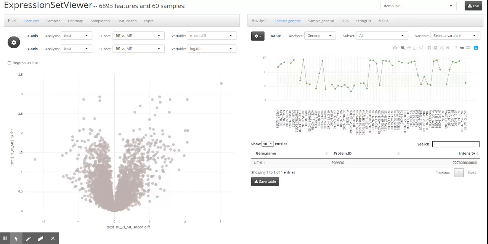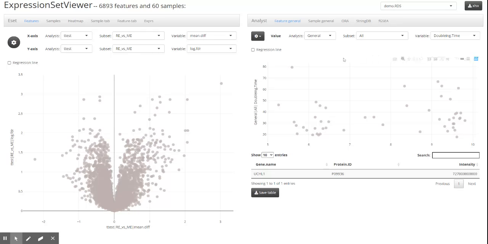You can easily correlate this protein intensity with some other variables. As an example of a quantitative variable, we select the doubling time of cells. Here, the scatter plot shows the x-axis is the protein intensity, and the y-axis is the doubling time. We can check if there is a significant correlation between the two variables, and actually no, the p-value is not